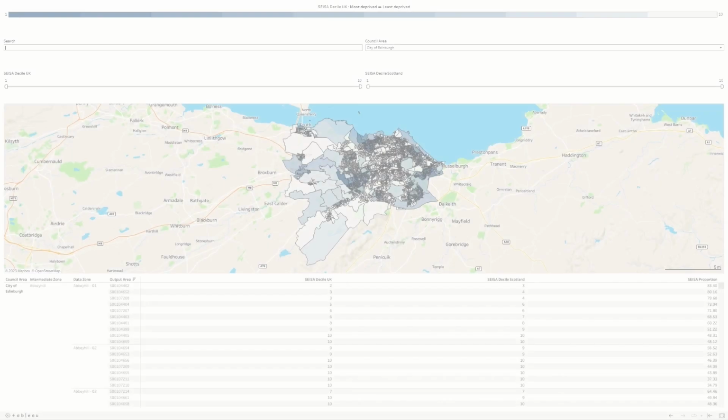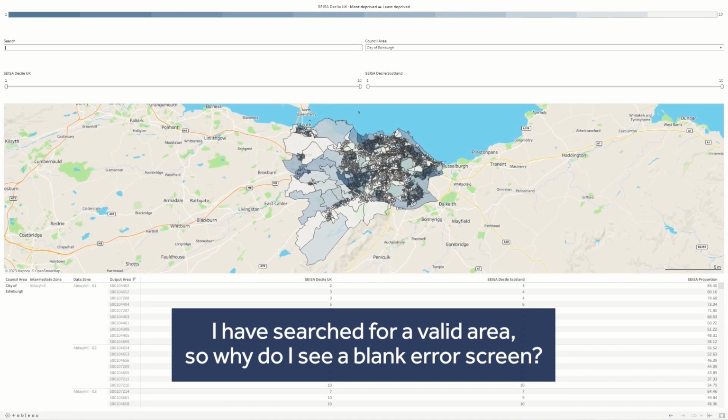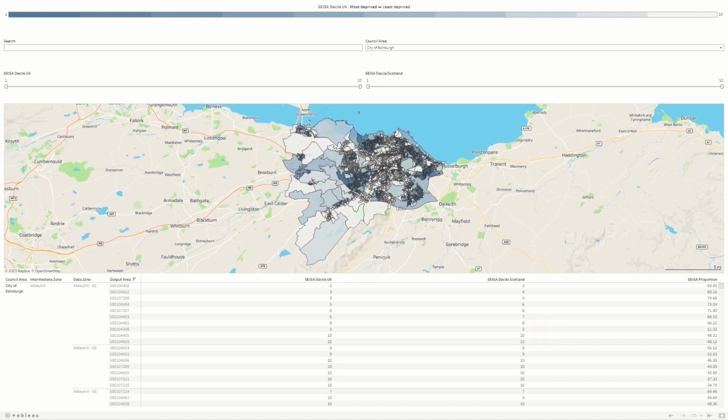If you have searched for a valid geography and received a blank error screen, please first check that you have spelled the area correctly with no leading or trailing white spaces. If that is all correct, it may be due to the filters that you've applied to the maps. When you apply filters to the maps, it restricts the maps as well as the underlying dataset.